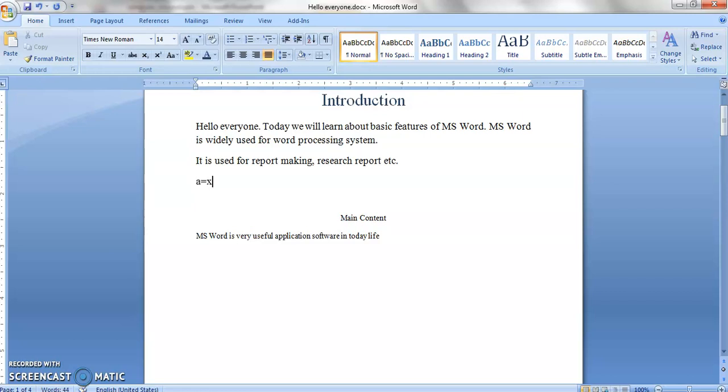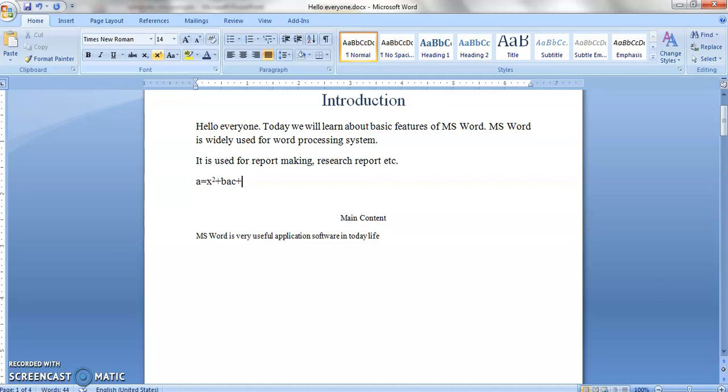Now the 2 should be printed above the text line. For above the text line, I will select the superscript. So I will select this and type 2. Now I have to come back to the basic text line, so I have to close this one. So again I have to click this one, and it will come to the main text line. Then I will write plus bac, plus the next is log of 2a.